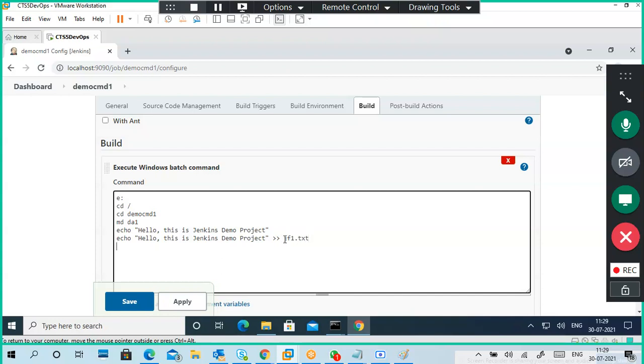jf1.txt. I'm also adding a few more things like a date. Date is a command, so slash t. Okay, and also I put a date slash t, df1.txt, time space slash t, df1.txt. Now I'm going to copy